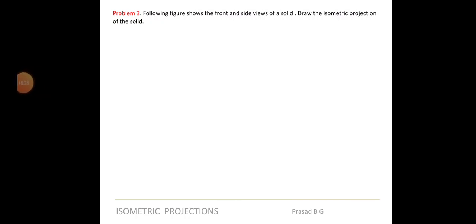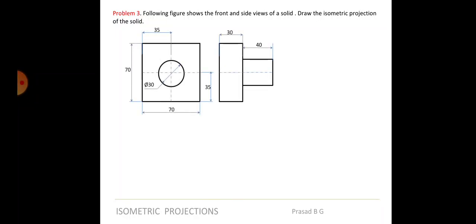Okay, the following figure shows the front and side view of a solid. Draw the isometric projection of the solid. So you will have 2 or 3 questions like this in your solution out of all the problems in isometry, where they will give you the orthographic view. They will not give the data saying that it is a frustum or whatever. They will directly give you the views itself. They will give you the front and side view of the object. Orthographic view of the object will be given. You have to see the orthographic view and draw the isometric view. So in the question itself, if you see, this type of a data will be given.